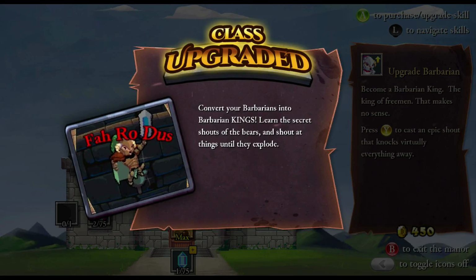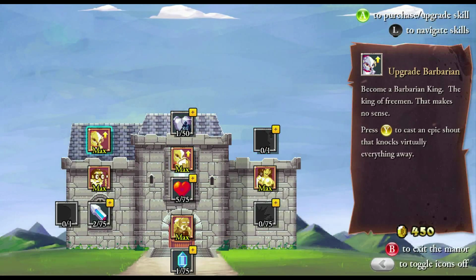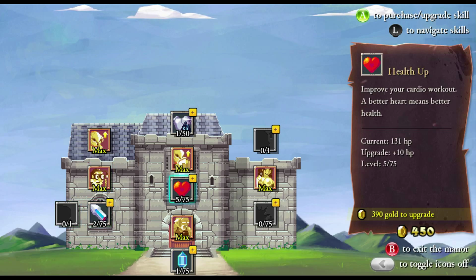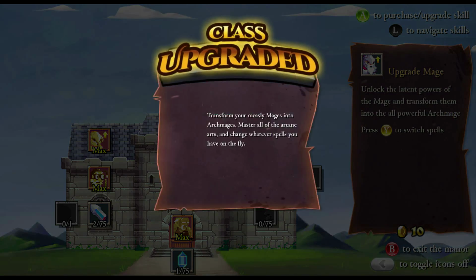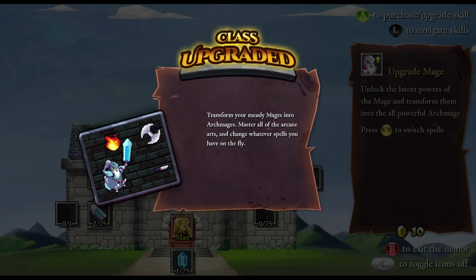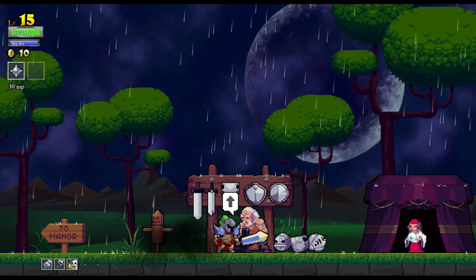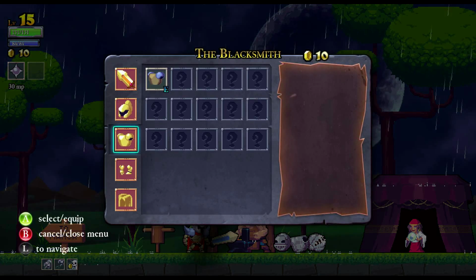Convert your barbarians into barbarian kings on the secret of the shout of the bears and shout at things until they explode. Okay. Bit of a Skyrim reference there. See, everyone seems to really enjoy Skyrim, and don't get me wrong, it's certainly by no means a terrible game. But it didn't grab me the same way like Morrowind or Oblivion did. You know, I enjoyed Arena and Daggerfall, and I enjoyed Morrowind, but Oblivion, there was something about that game that just really grabbed me. And...